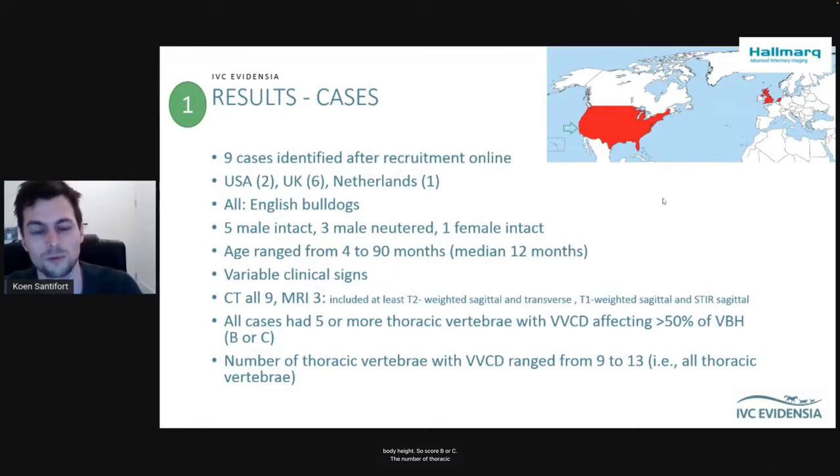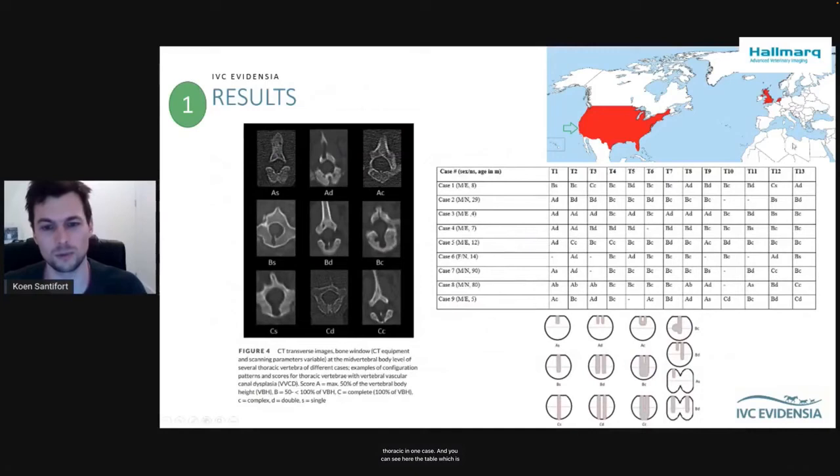The number of thoracic vertebrae with the anomaly ranged from 9 to 13, so all thoracic vertebrae in one case. And you can see here the table, which is included in the article. In case 1, you can see here an 8-month-old male entire dog, in which all thoracic vertebrae were affected by the anomaly, either with a low score, so a low percentage of the vertebral body height, or very